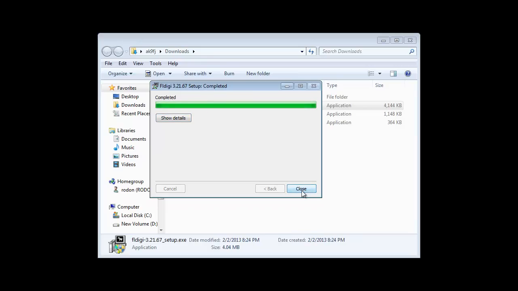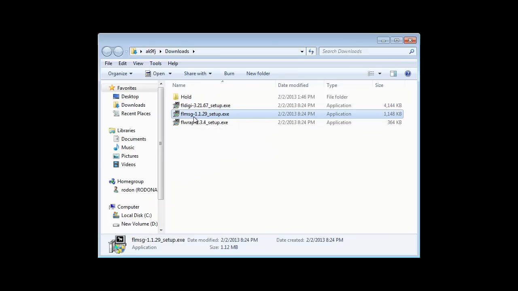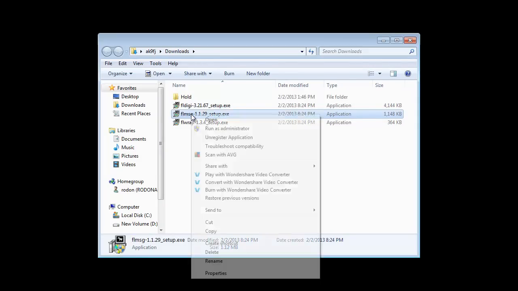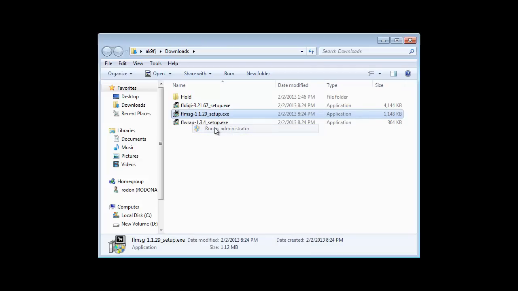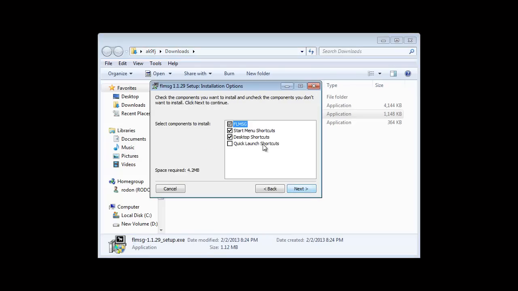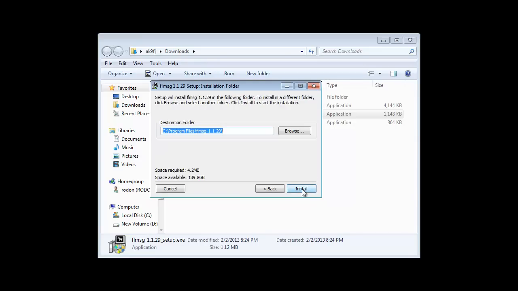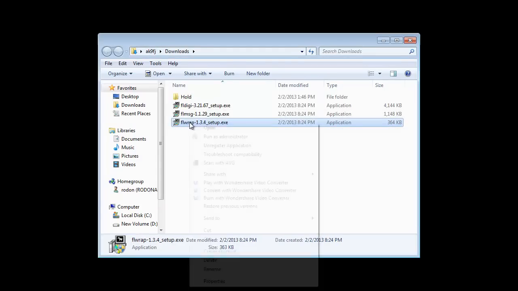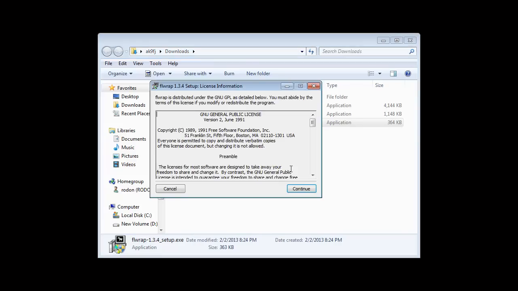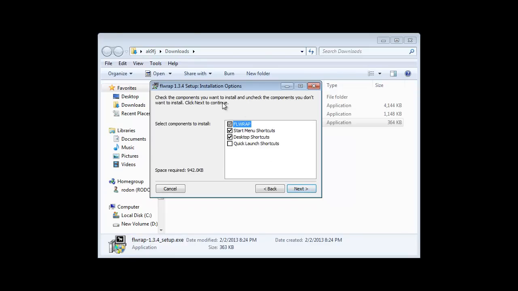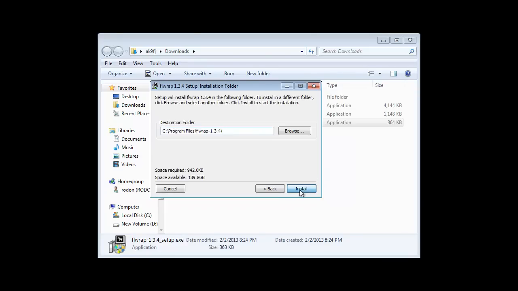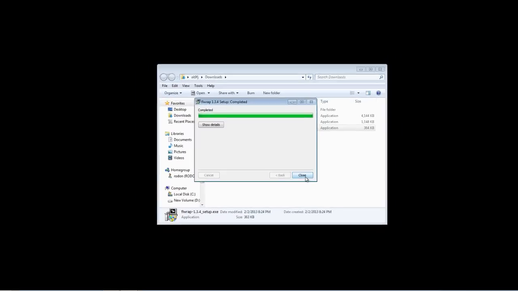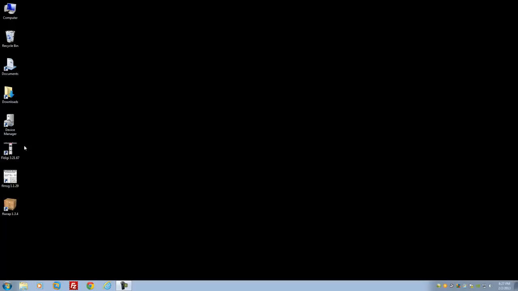It's done right there. It does not use a lot of resources on the computer, which is great. I'm going to do the same thing with FLMessage. I'm just going to leave this as default, and the installation folder path is default, and then it's done also. And then FLWrap. These are pretty much default installations on everything. And that's it. So I'm going to close that out,